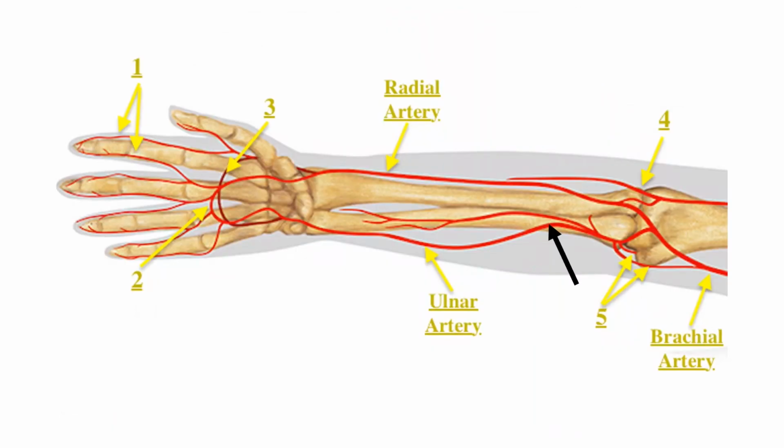Now, the brachial artery, as it comes on the medial side of the humerus, is going to bifurcate. That means it is going to give two branches. The ulnar artery runs on the little finger side, or the medial side, and the radial artery is going to travel along the lateral border of the radius, and the radial artery is the most used artery for checking of